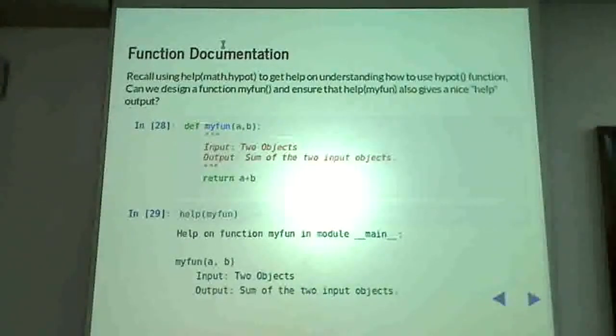So define my function, whatever the header, immediately a pair of 3 quotes, some text and 3 quotes, and then the actual body of the function. So when you define the function this way, any attempt to run the help command or help statement on your function will result in this text. Where did it get this text from? From here. So that's it. How do you document your functions? Just make sure the first thing you write after the function is the documentation within triple quotes. It's very easy to document your functions. There's nothing special to do. Just write it the first thing after you write the declaration of the function.